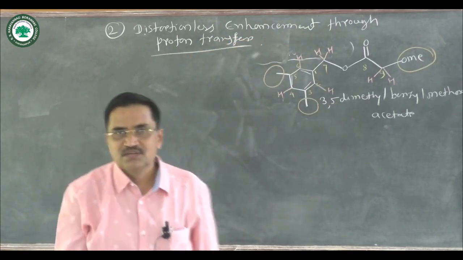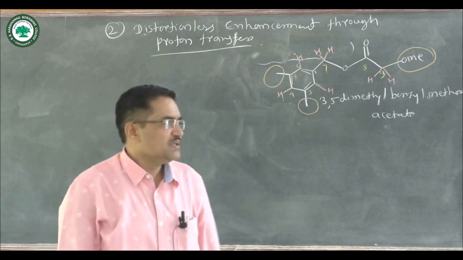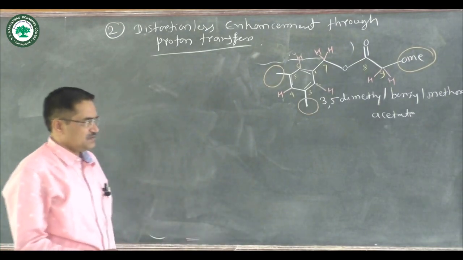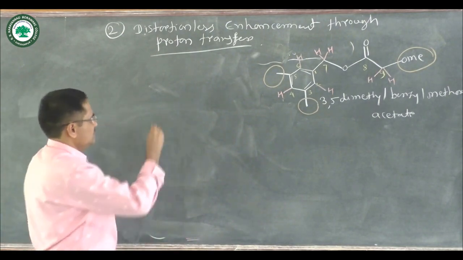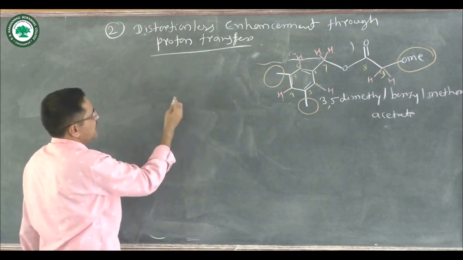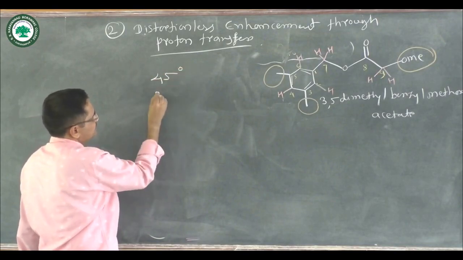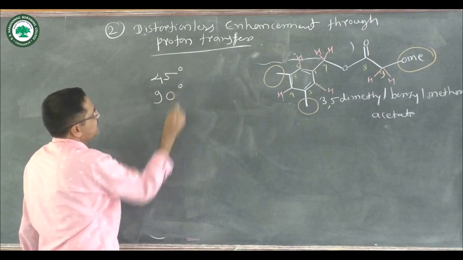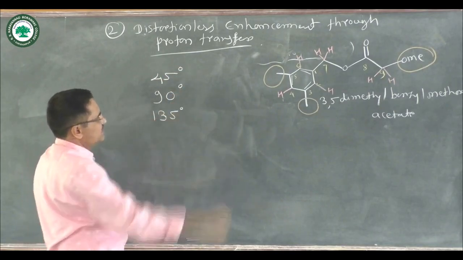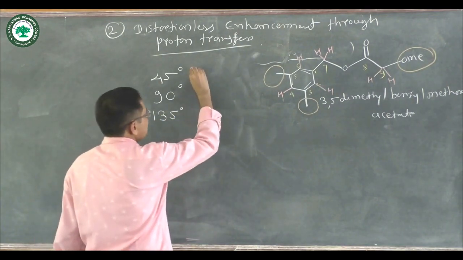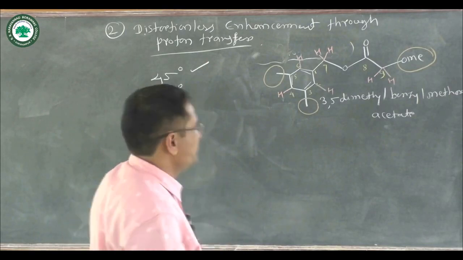In this case, three spectra are obtained through different angles, that is 45 degree, 90 degree and 135 degree. The first spectrum, from 45 degree, is